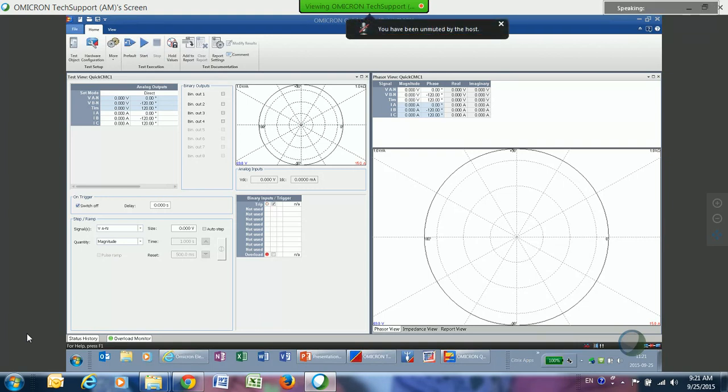So when I'm satisfied with my configuration of my hardware, I say OK, get out of here, and now I'm into my Quick CMC. So on Quick CMC,